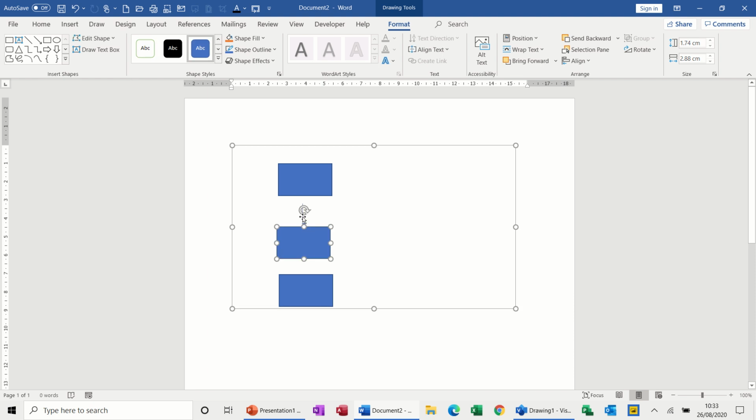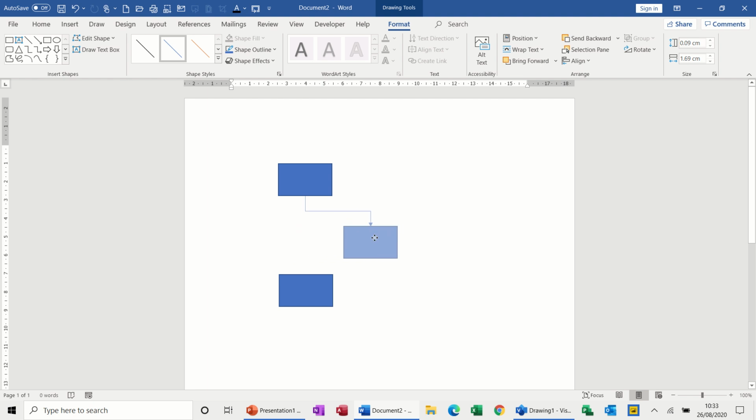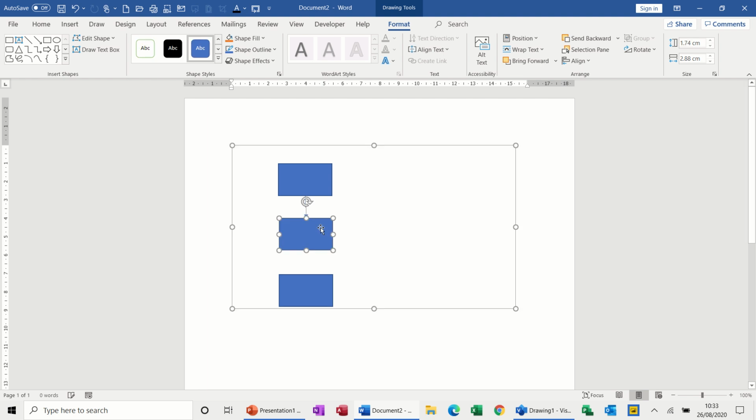I didn't connect it to the top one properly. Just pick it up again, sit it on top of one of the circles. It should then be glued into position like so. Now you don't have to do that in Excel, but you do have to do that in Word. You can set the drawing canvas as a default option in Options, otherwise it's not going to be on, and then you would have to do this yourself very manually